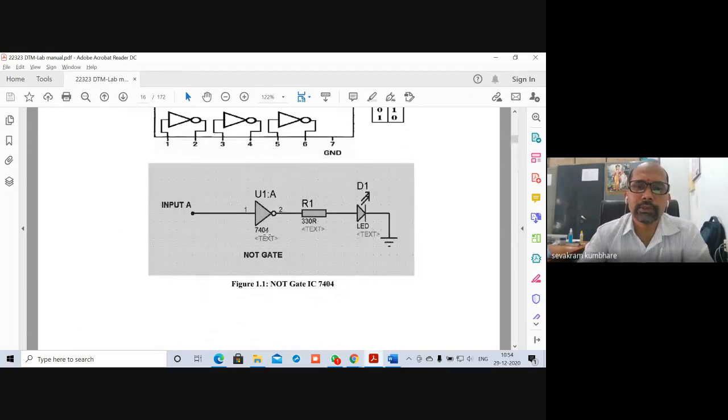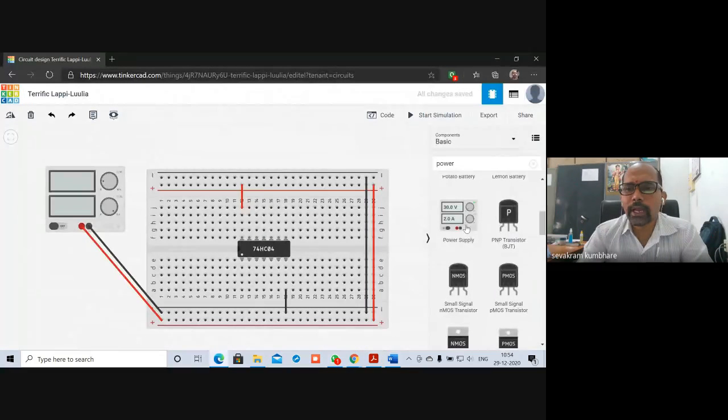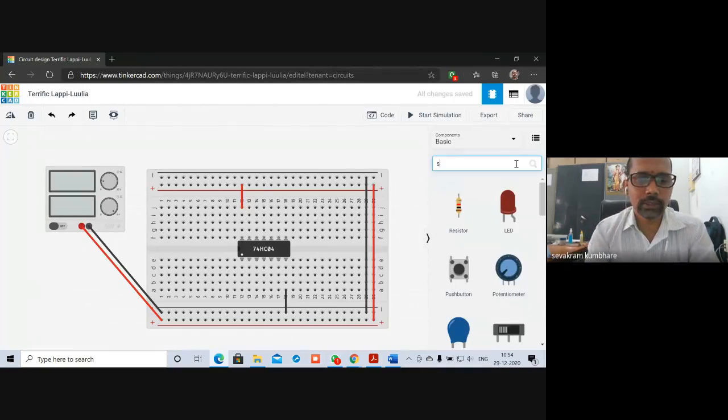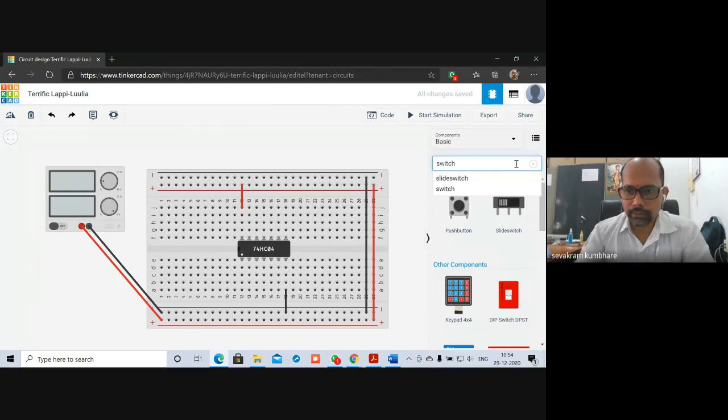So what I will do, I'll connect a switch. So I'll search for a switch. So 2 switches are there. I can connect this, and then I'll connect this to